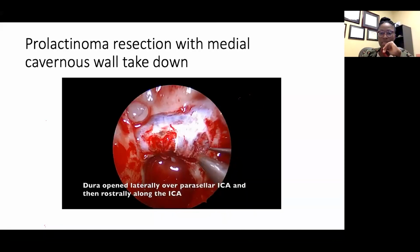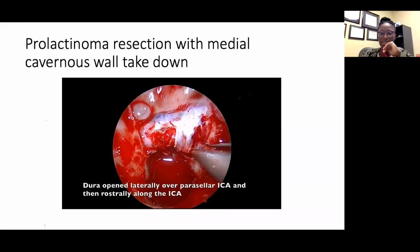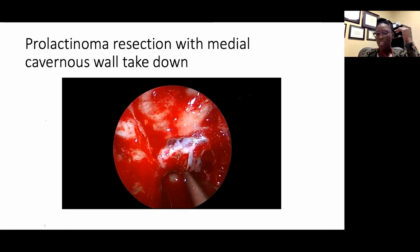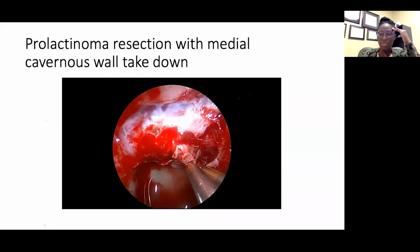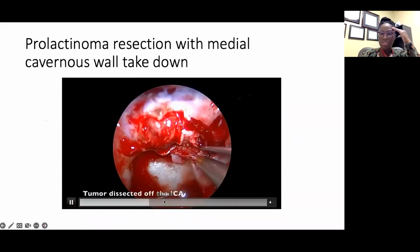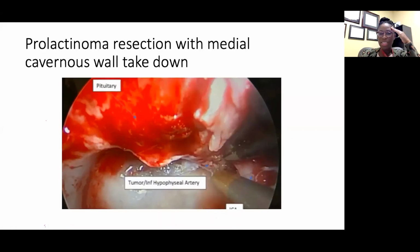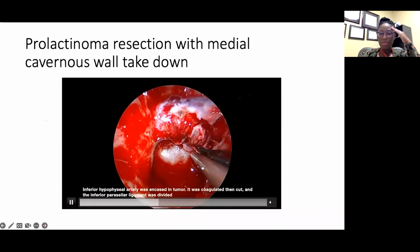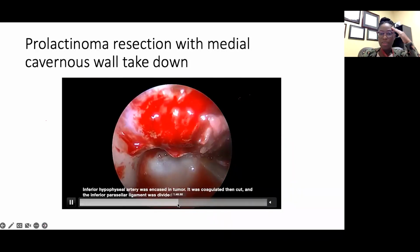Now we're opening the anterior wall of the cavernous sinus, essentially over the carotid. Her tumor was pretty stuck to the carotid. Actually, she's a prolactinoma, so she had been on cabergoline all her life. She's young, I think she was in her 30s, and she just said, I can't do cabergoline anymore. It was causing depression and all sorts of stuff, anxiety, and she just had a new kid. So we're pretty aggressive, just trying to get that off of her carotid for her, and even her inferior hypophyseal artery was stuck to tumor. But bottom line, we're able to get that out, and ultimately provide her